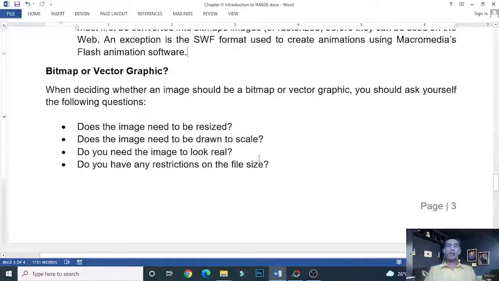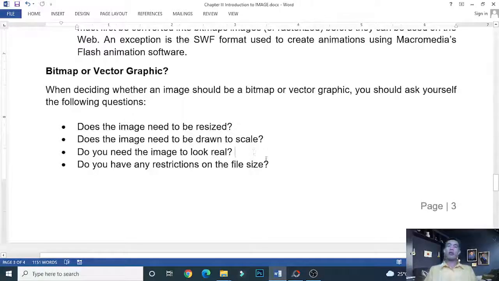Or may tendency ba na i-resize ang image? If the answer is yes, you may use vector. Kasi pag nag-resize yan, ibig sabihin, kapag gumamit ka ng bitmap, pixelated. Pangit na yung resulta. So, kapag hindi na yan i-resize, as is, na kung ano yung size ng image, yun pa din,